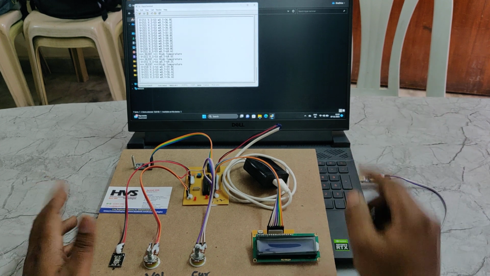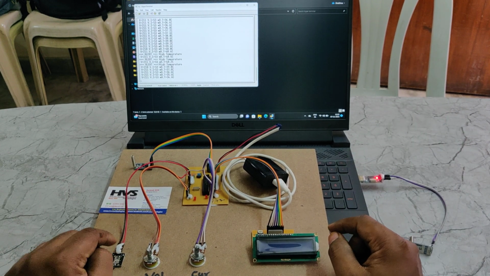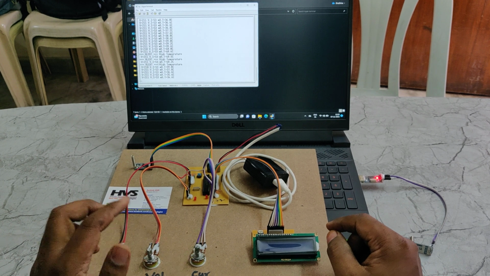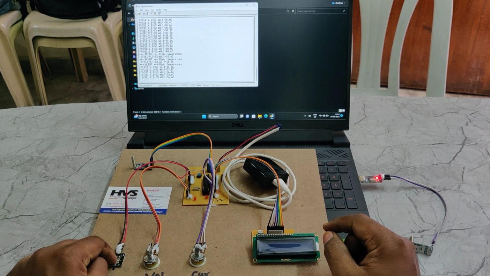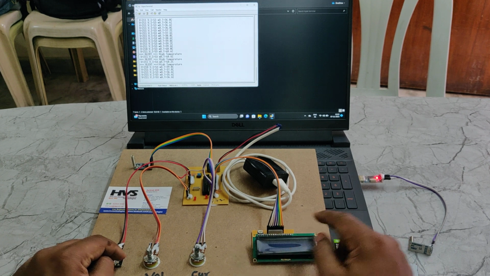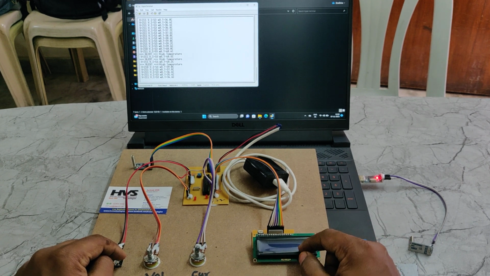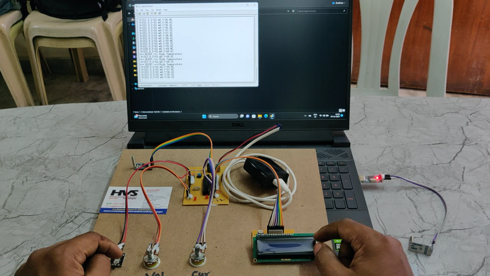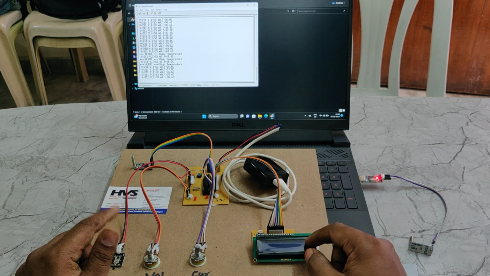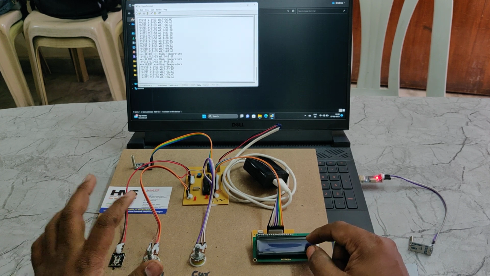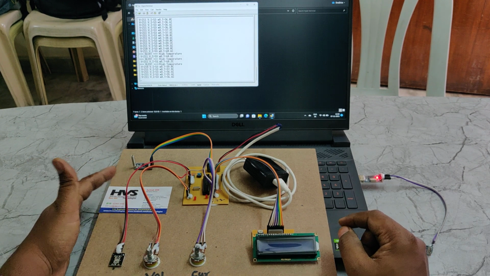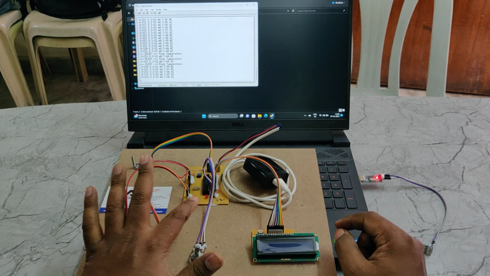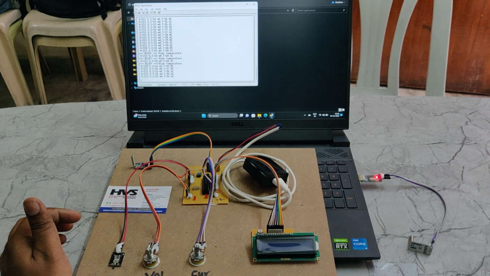So here we have interfaced these three sensing units to the A0, A1, A2 pins of our microcontroller, and the data is continuously monitored on the 16x2 LCD screen, which we have interfaced at pins B2 to B7. For wireless communication we interface this RF Zigbee module at B0, B1 of our PIC16F73